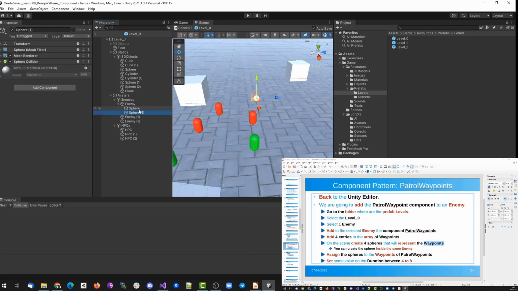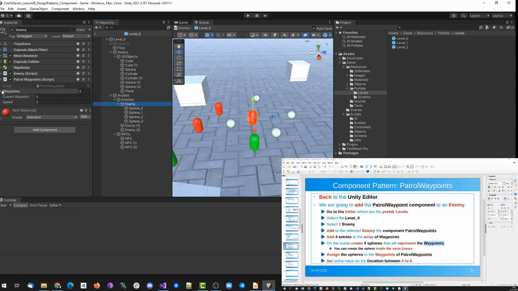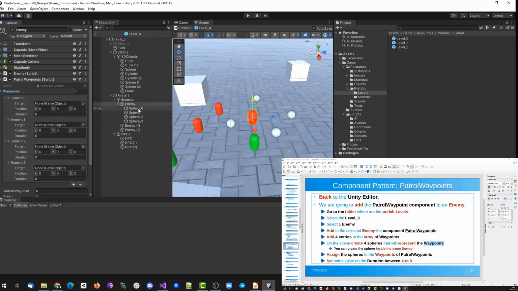1, 2, 3, and 4. Just rename them for the sake of making more readable, okay? And once you have created all of them, just fill the array with each one of them, okay? Here, another here, another here, and another here,